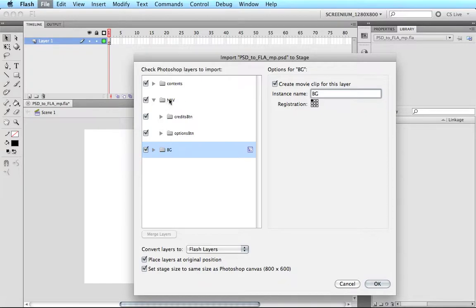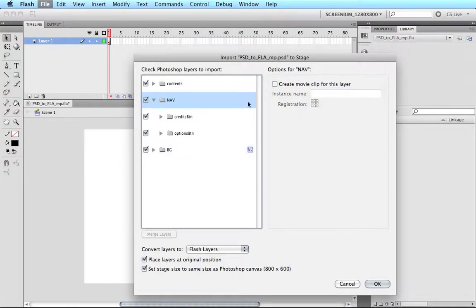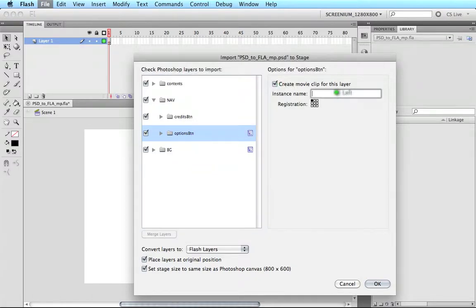Then I have the navigation button. I don't really need one symbol that has both of them in there, so I am not going to create a movie clip from this layer. However, I'm going to create a movie clip from each one of the buttons. So options button, create movie clip, and I'm going to name it options